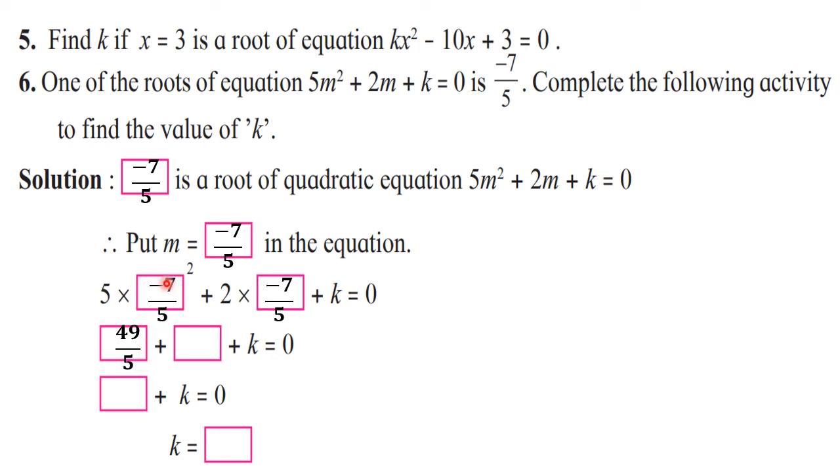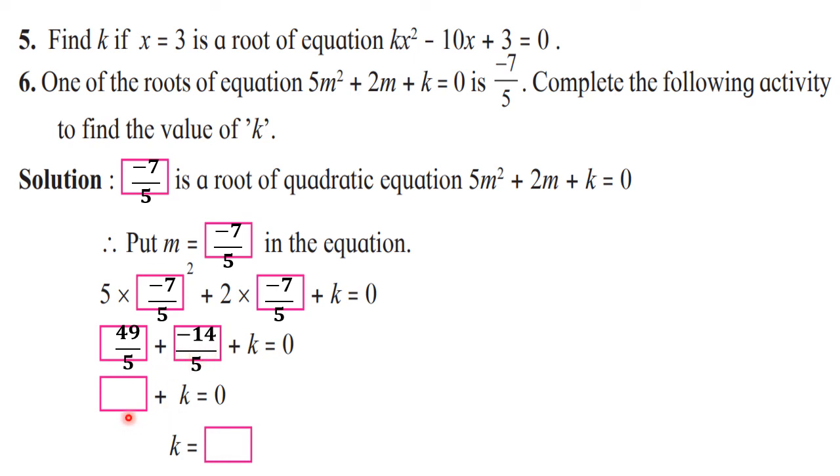Understood now why? 7 square is 49. And here 5 square means 5 into 5. So one 5 got cancelled. So only one 5 is written. Don't write down 25 here in a hurry. Because of this plus 5 here in multiplication, one 5 is going to get cancelled. And here minus 7 into 2, that will be minus 14. Observe this sign. Here they have written the same sign, plus sign. But our answer is minus. So you need to write down minus 14 upon 5. Got it? So this step is given directly.